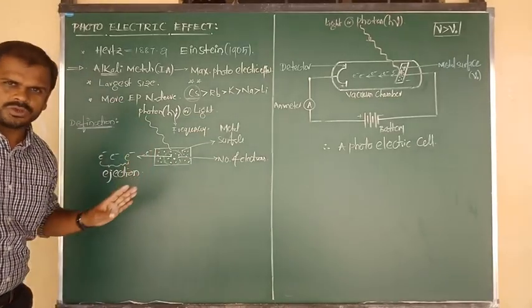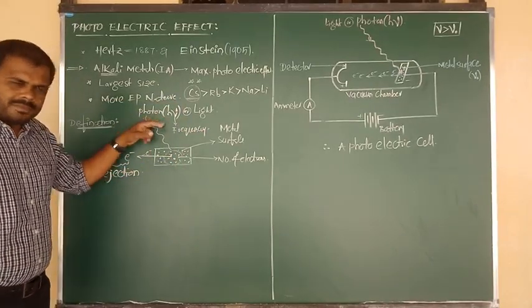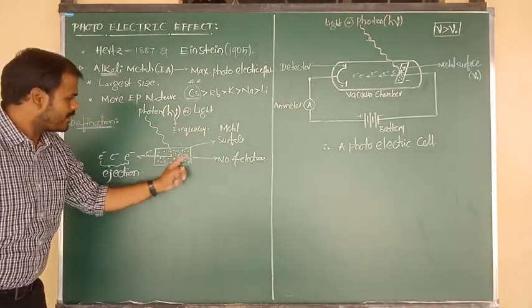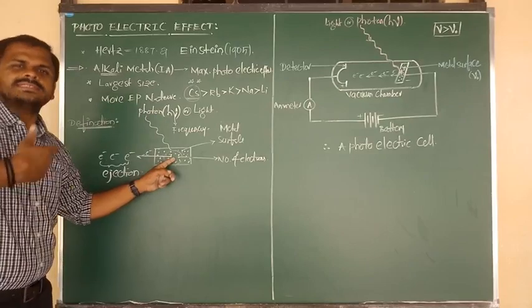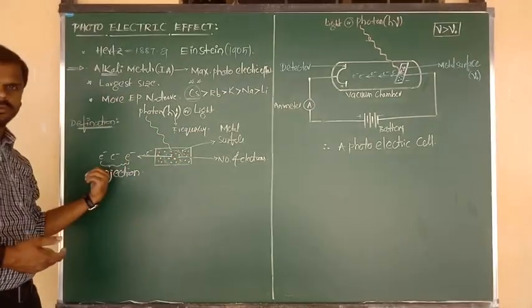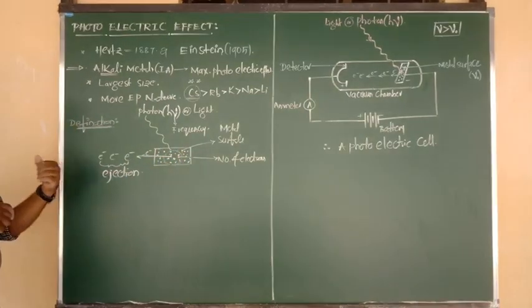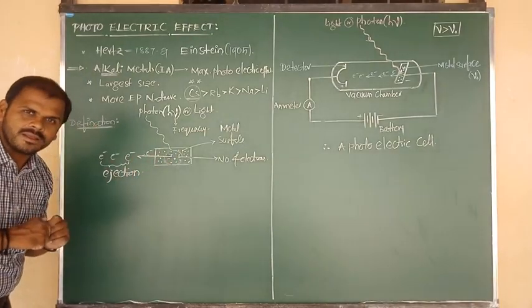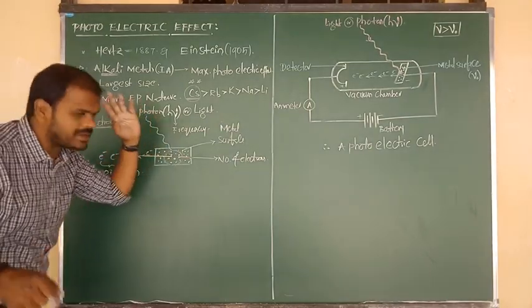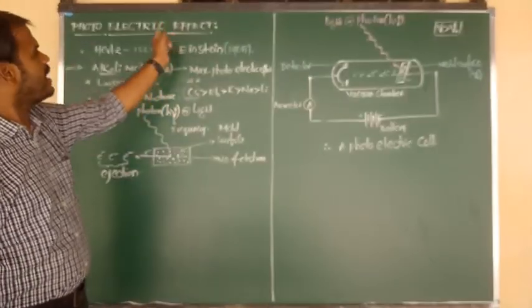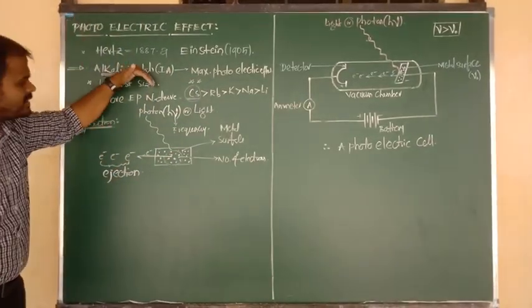So the final touch. When a photon or light with a suitable frequency strikes the surface of metal, the electrons from that surface, by the gain of energy, get excited and come out. This means release of electron, or ejection of electron, takes place from the surface of metal. But the condition is that the metal is exposed to a photon with suitable frequency. And this is known as the photoelectric effect. The definition was clear. Short definition: photo means by the fall of photon.